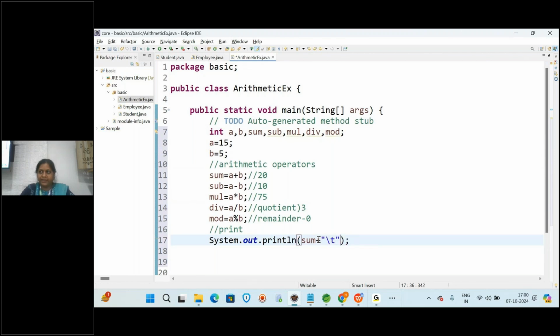You can write, and then plus sub, 1 minute, just 1 minute, I'm coming, and then plus double quotes slash t for tab space, and then again mul, again plus double quotes slash t, and then plus division, again plus double quote slash t, and then for modulus.